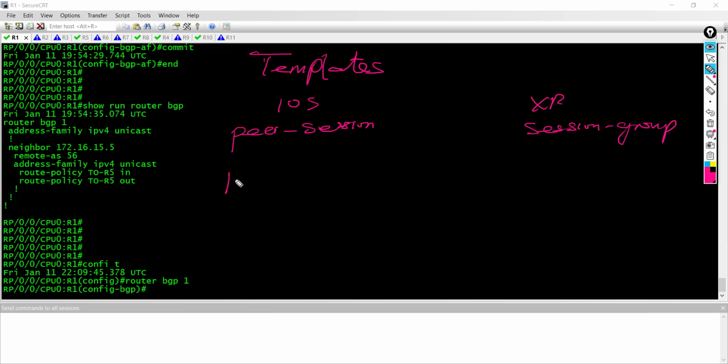But when you use peer policy, or AF group in IOS XR, this is specific to an address family. It is either IPv4 or IPv6 or VPNv4 or VPNv6 or even multicast, right? Then however,